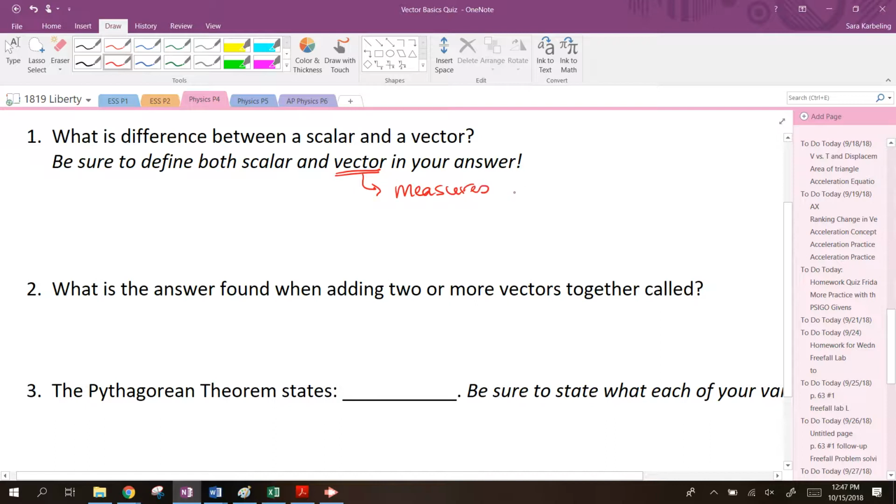A vector measures both size and direction. A scalar, oh, it's unfrozen, so you can't see this. Sorry, there you go. A scalar,